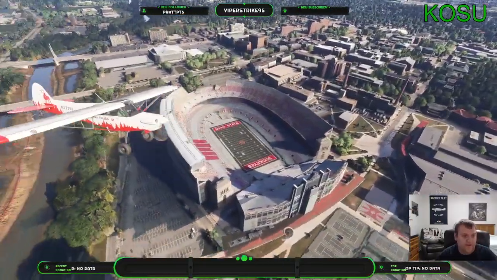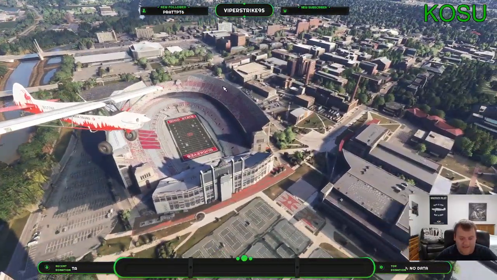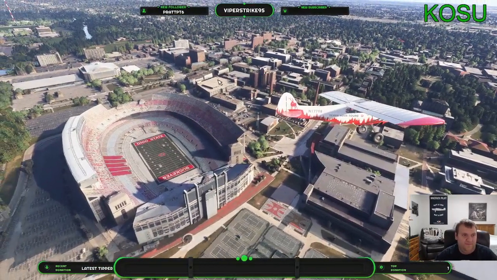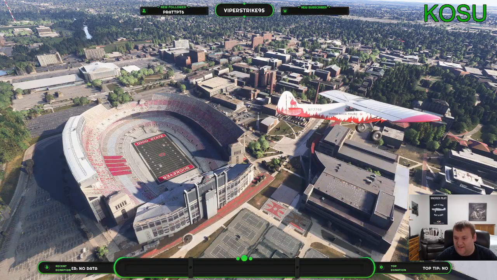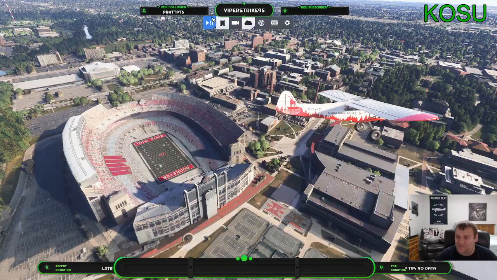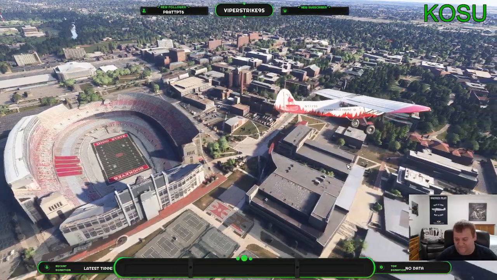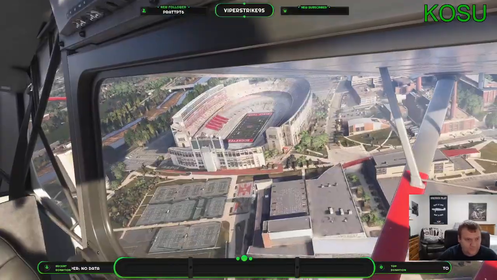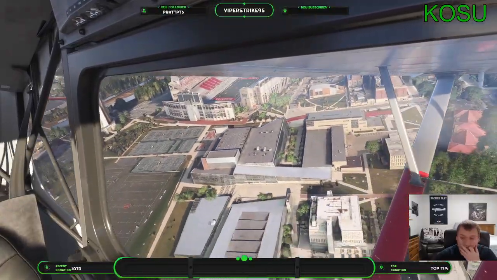There it is, Ohio State. There's the Buckeyes, baby. But that is Ohio Stadium. You can definitely see how big this stadium is. Here's the crazy thing: it's not even going to be the biggest stadium we're visiting today. It's a massive ground.